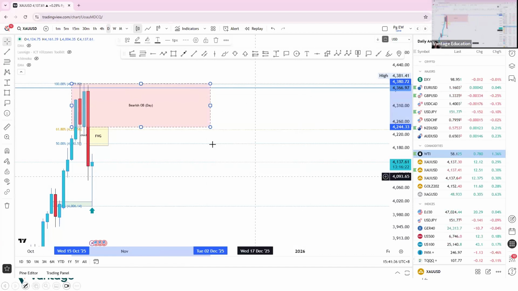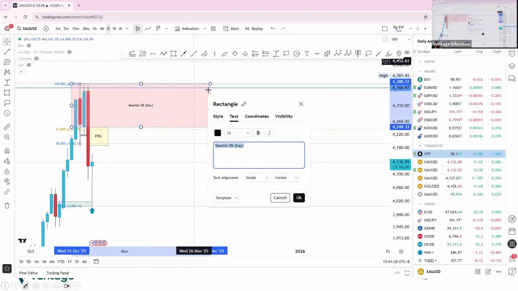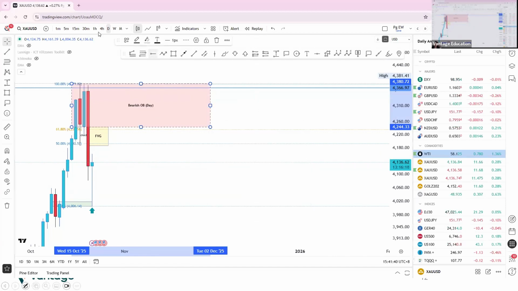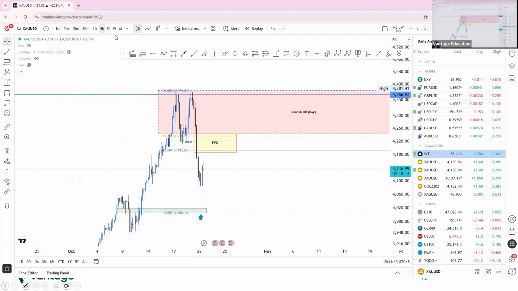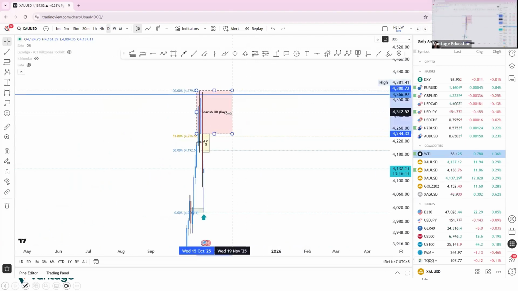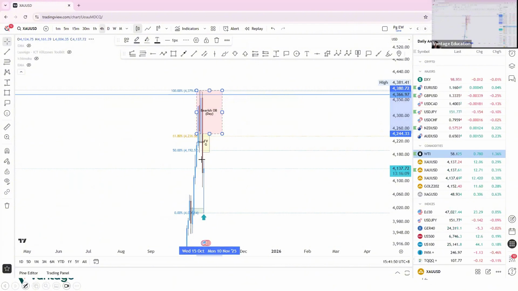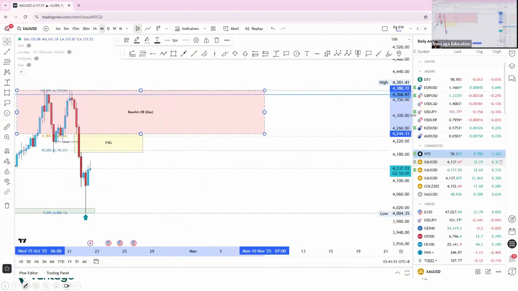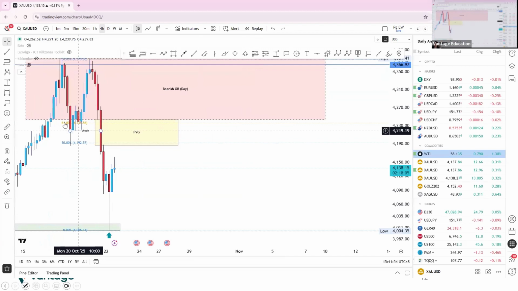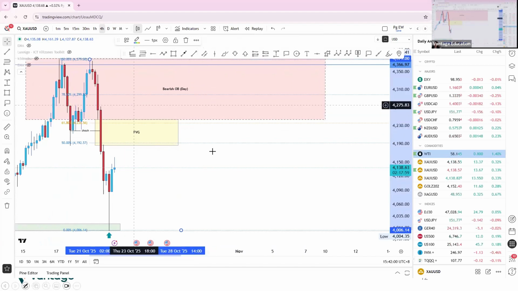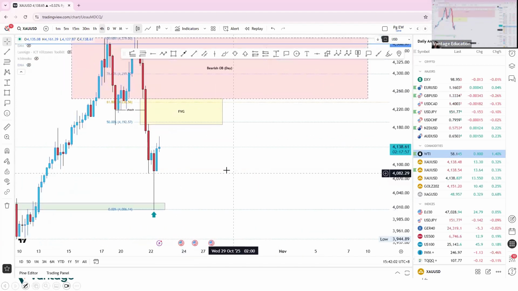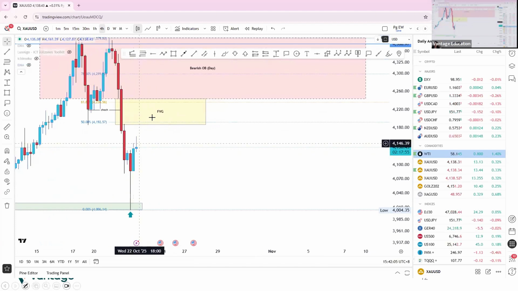Daily time frame. Then 78.6 is going to be above that, right here, within the OB. So now we're going to wait for a sell. So now price